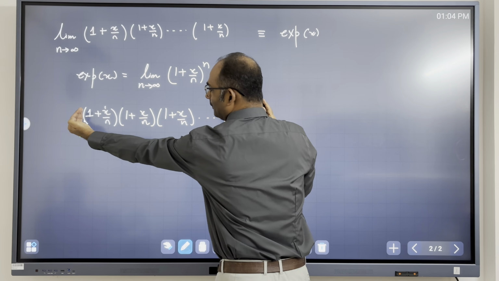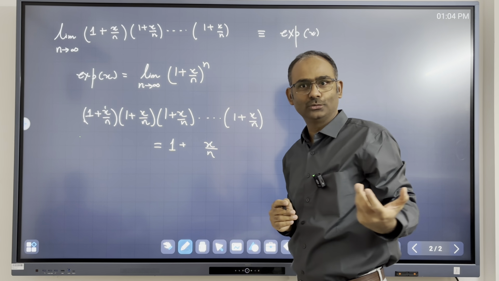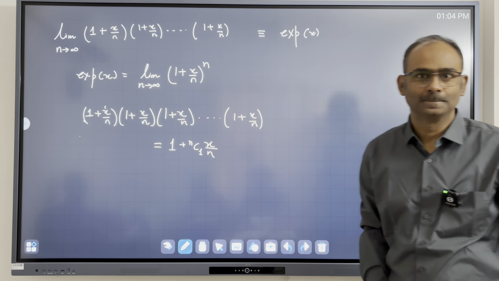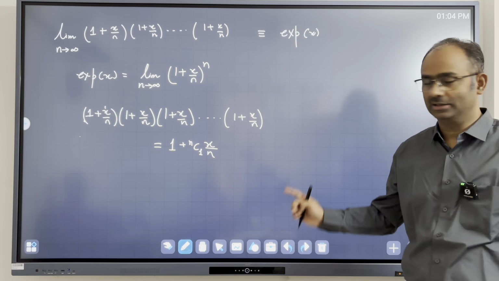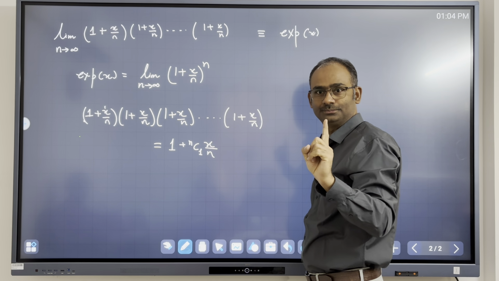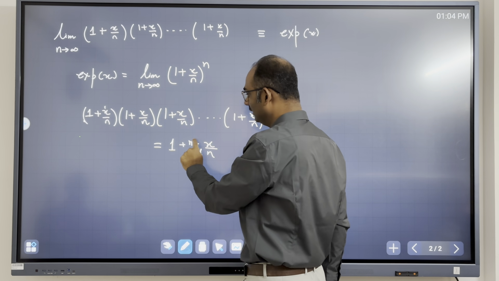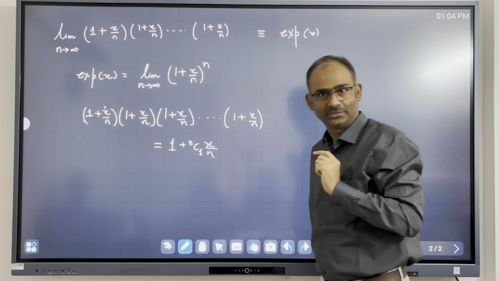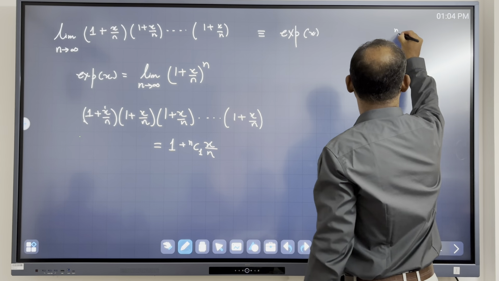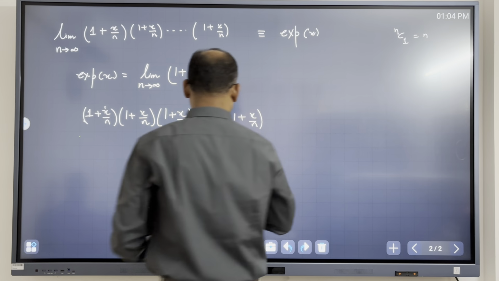There are a total of n factors, and you can choose one of those n. Total n items, I am choosing 1. How many ways can I choose? I can choose this in n choose 1 ways, which in this case you know is the same as n. So n choose 1 is n. Plus,